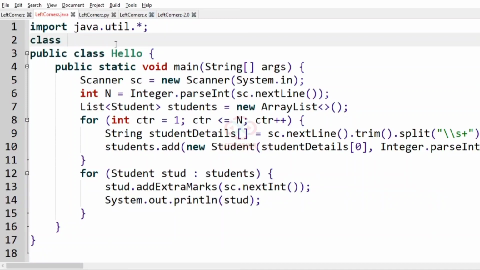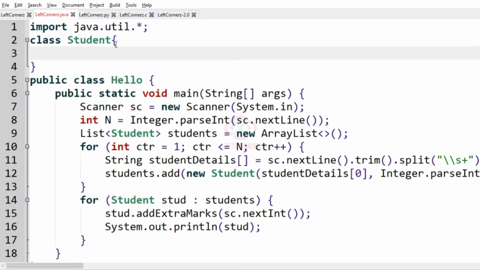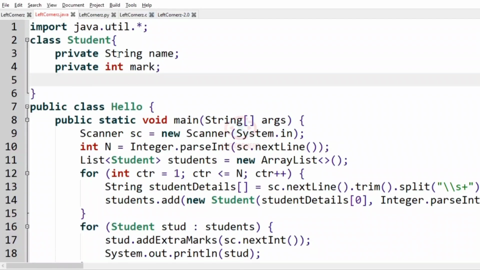Now let us have a class Student. Inside the class let us declare the name and mark, as it accepts student name and student mark as arguments. So private String name and private int mark. Now let us declare a Student constructor